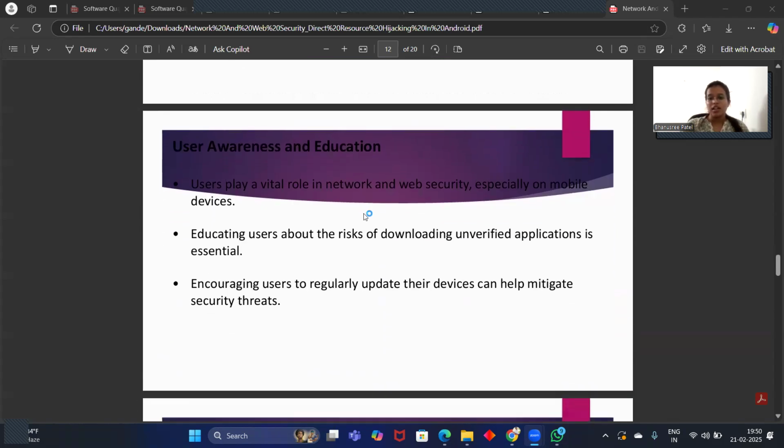User awareness and education. Users play a vital role in network and web security. Especially on mobile devices, users should be educated about network and web security. Educating users about the risk of downloading unverified applications is essential. While downloading any application,